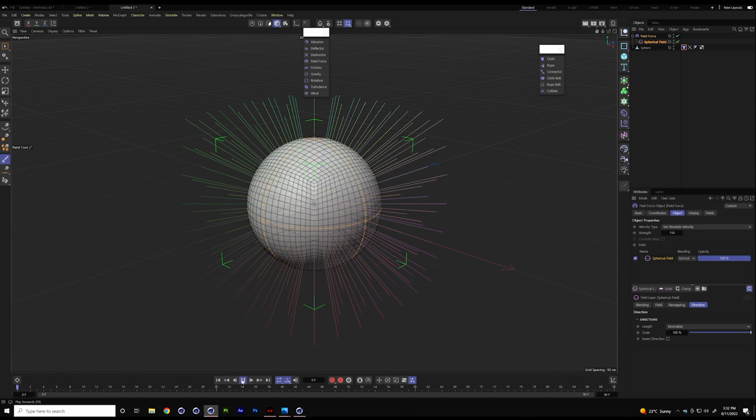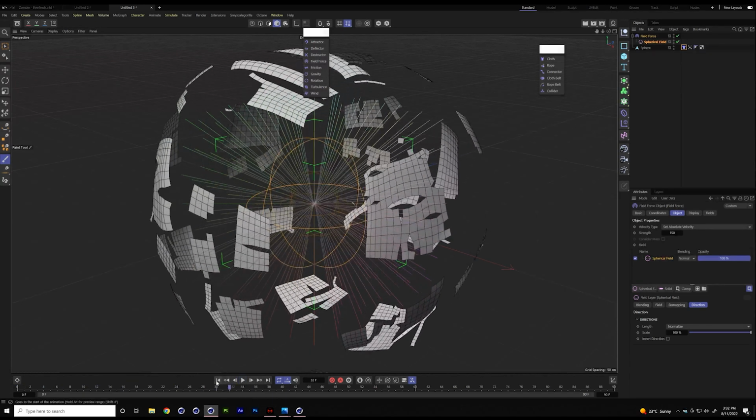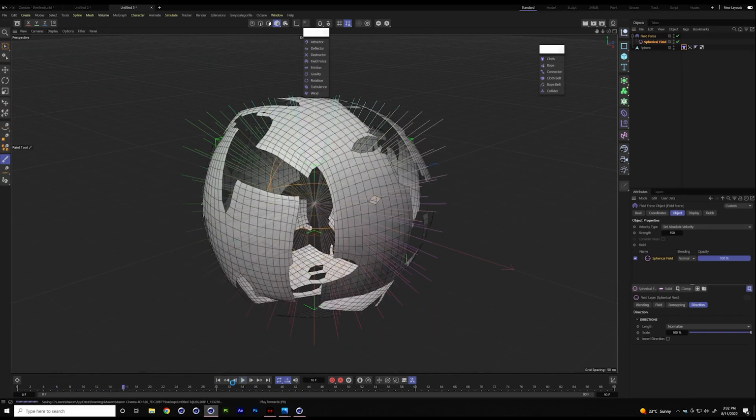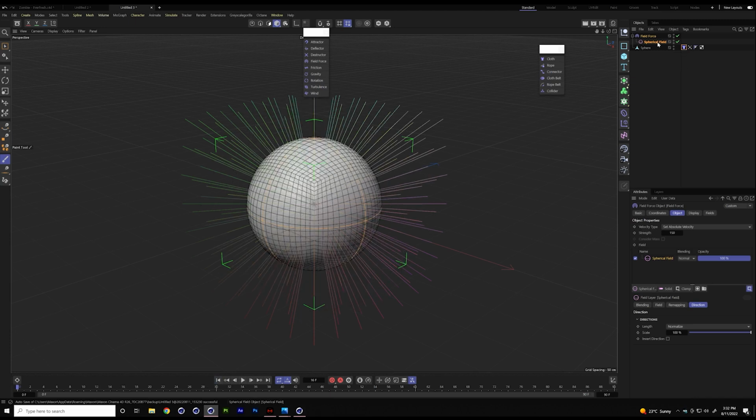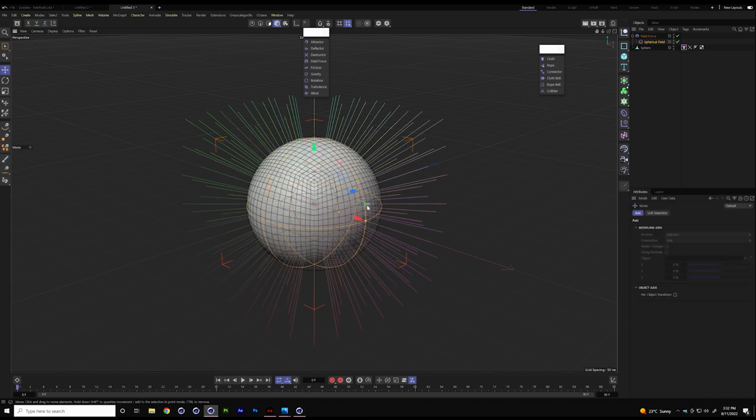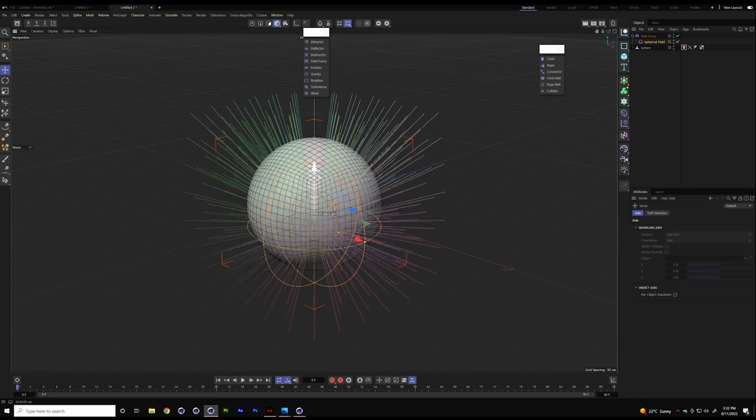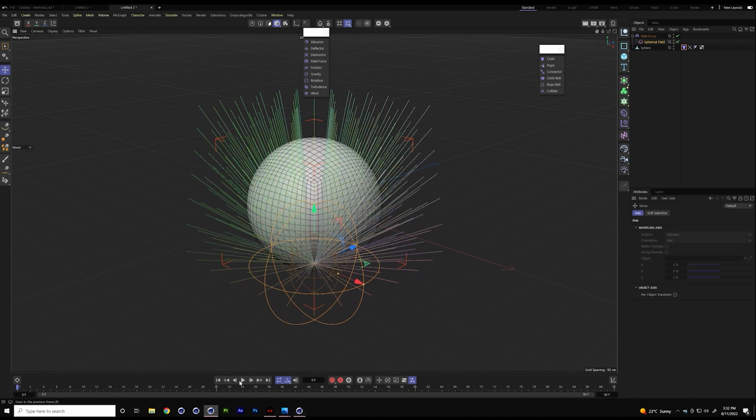Yes, it's normalize. So now we have that force pushing from the center of the sphere and tearing everything apart. The great thing about this is because it's a field, I can move it around. I can make things push upwards. So I can use multiple fields, so I can sculpt my force without being constrained to one specific type. And you can do all that within one force. If I add a linear field, it's going to push them in one way. If I add a cylindrical field, it's going to push them this way and that way and whatnot.